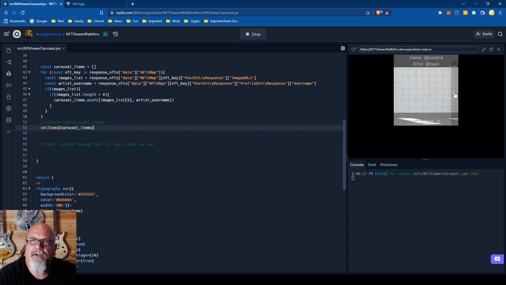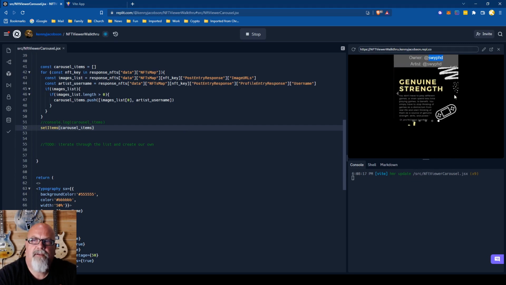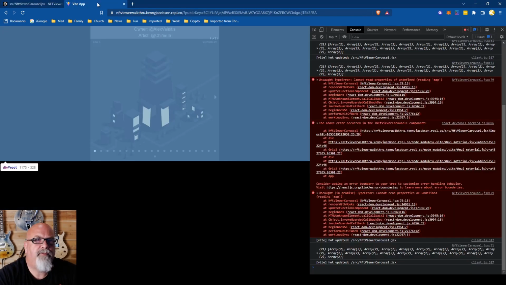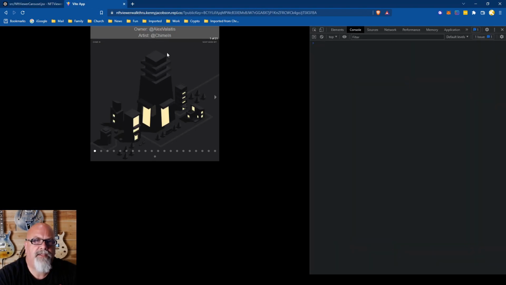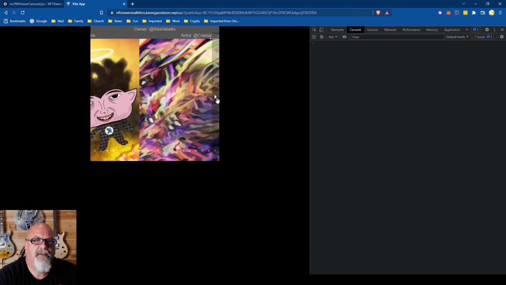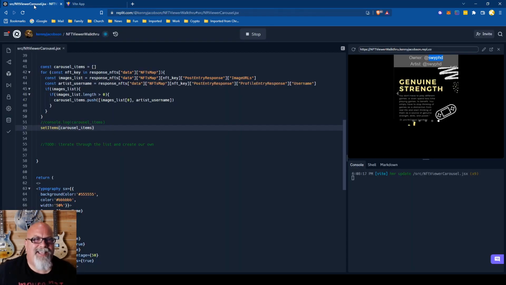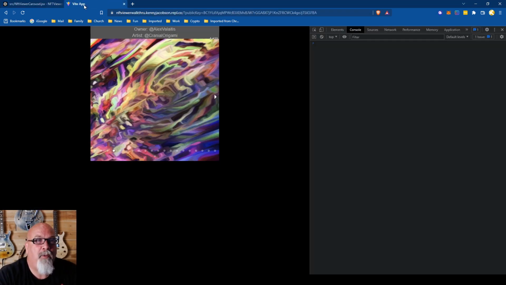Okay, look, we've got different images. This one, so we have our owner. Remember the default is Swiftly PhD, and now we're seeing his NFTs. And if we go over here to Alex, now we see his. Yay, success. All right, so now we have a carousel app that shows the NFTs for a given public key. With that, we can go to gather.town and embed this URL. But before we do that,